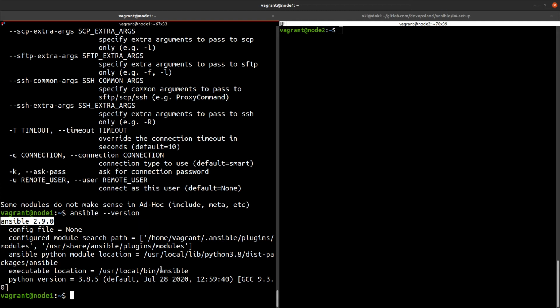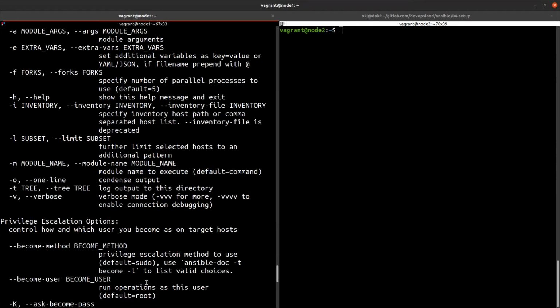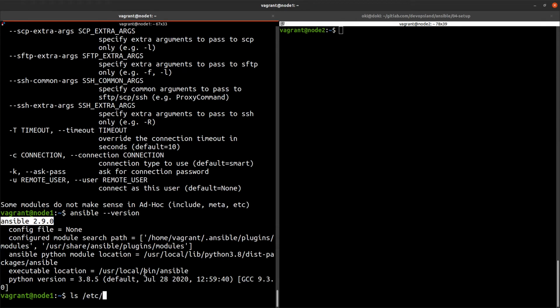If you check with the ls command in /etc/ansible, we don't have an Ansible directory, because with this way, with the Python package manager, we don't have the Ansible directories like /etc/ansible with the file ansible.cfg for the configuration.